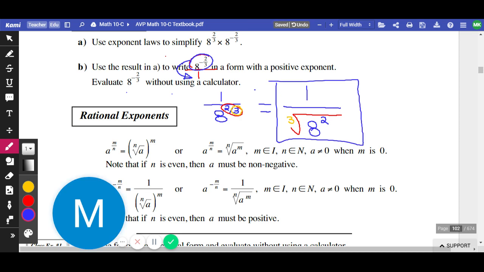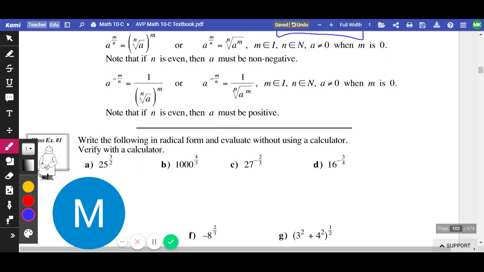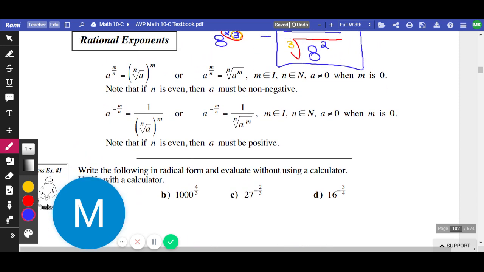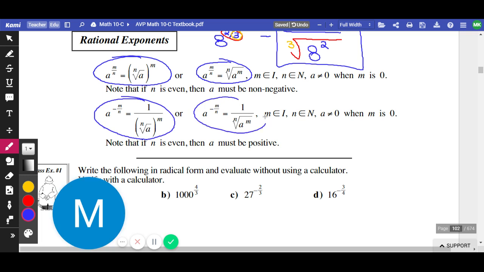Awesome. Your radical laws, or your radical exponent law, rational exponent law, your fraction exponent law, looks like this. This is the technical way of showing it, like the actual formula. They could also write it like this. The difference being the first one has the exponent outside the brackets, the second one has the exponent inside on the radicand. But it's the same thing. The next rule we just learned is right here with the negative exponent. It says the negative moves the power to the bottom, and then it changes. This one's the same thing. Negative goes to the bottom, and then it changes it to radical.